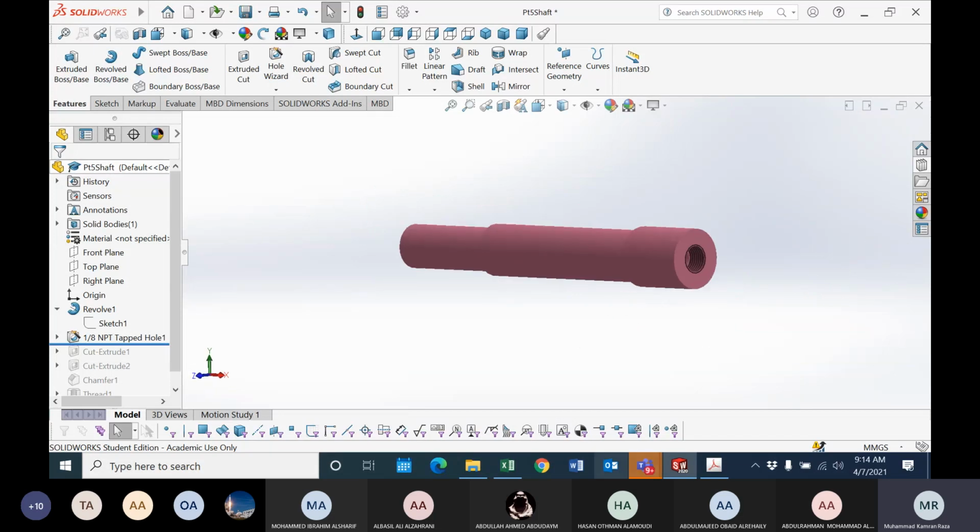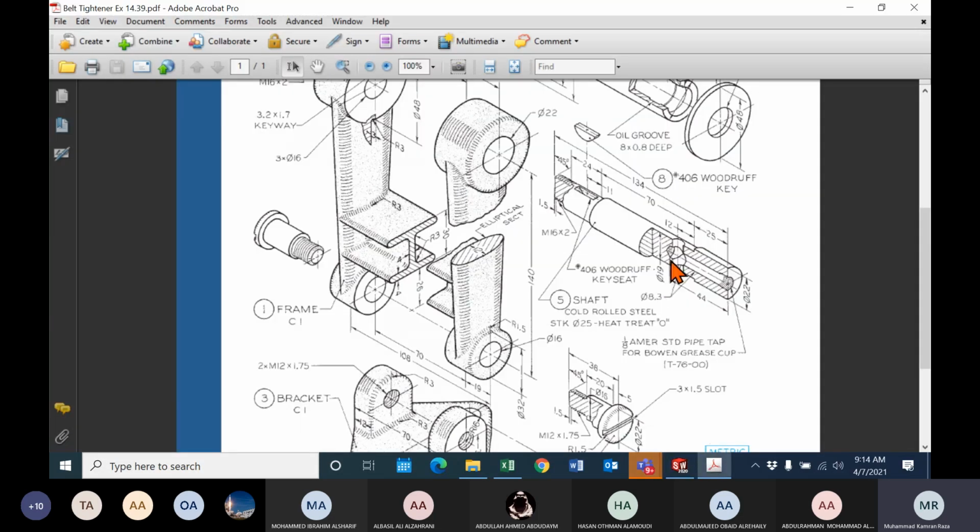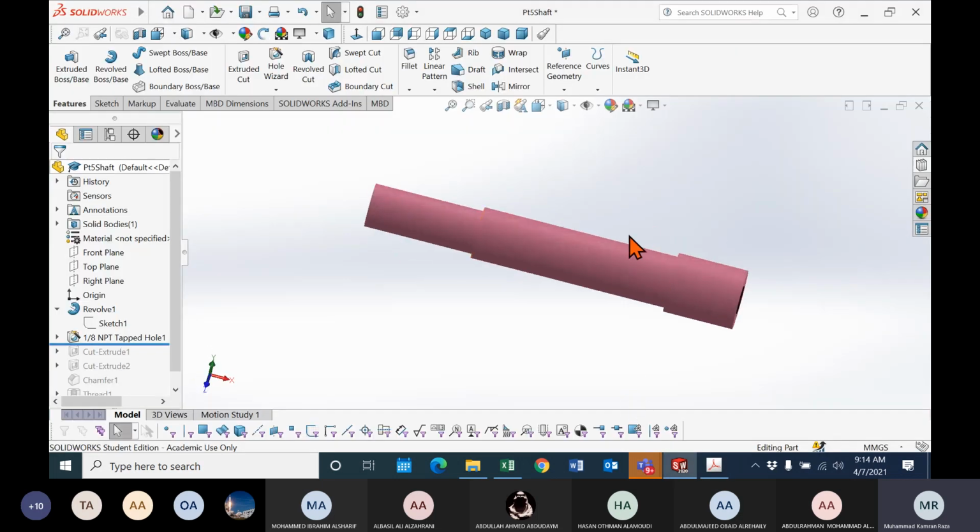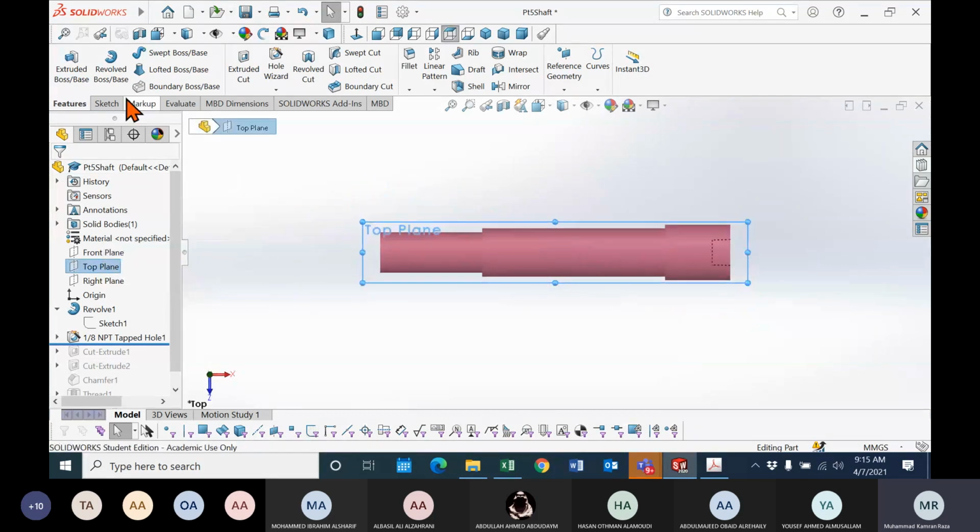After that, you have to cut one simple hole. The diameter is given to you, 8.3. But this is a curved surface, so where do we have to cut this hole? Select the top plane, make it normal, and just make a small diameter of 8.3.